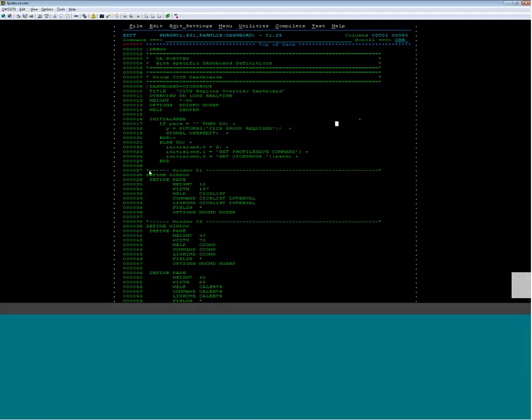Now let me page down just a little bit here. You'll see these definitions that say window 01 and window 02. Basically, this addresses the other issue of Sheila isn't that familiar with SysView, and she doesn't really know right off the top of her head which command she really needs to be able to get an accurate picture of what's going on with her application. So I've built a very, very simple dashboard that has basically a pane up top that does CICS List,